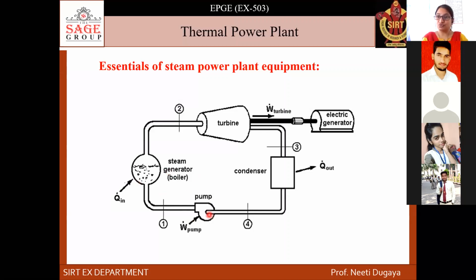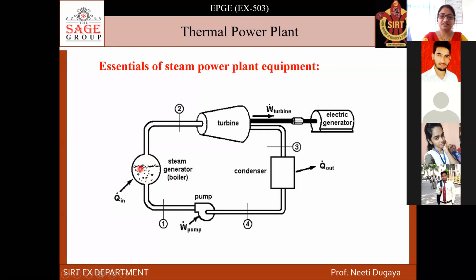What does the pump do? The pump feeds the water into the boiler, and this is the pipeline. What I was talking about, the pipeline. This is the pipeline, right? So the pump, the water reservoir. From the water reservoir, the pumping system activates and sends the water to this boiler. What happens here? This is the boiler or steam generator.